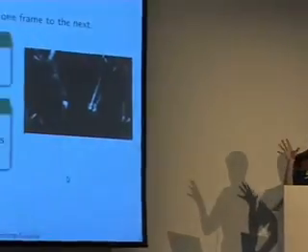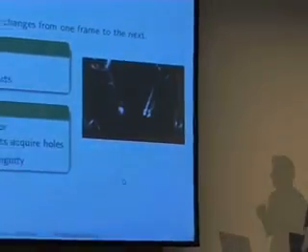Good. So the first approach is very direct. You just look for motion. Take two images, compare them, and wherever they are different enough, there's motion going on, and you look at that. And this example on the right is